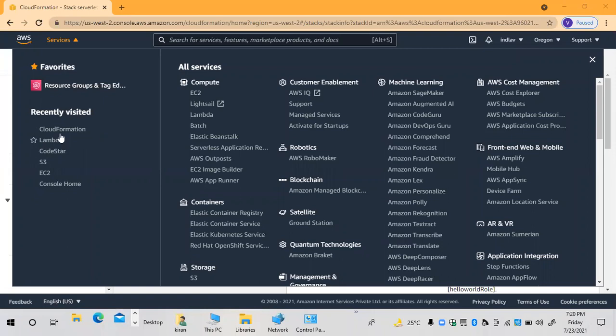Hi friends, today I will show you how to configure the Lambda function, AWS Lambda. This is the serverless application model. By using AWS Lambda without provisioning servers, without provisioning the server computer or client's server system, we can deploy our code. You can focus on code and deploy it by using the Lambda function.